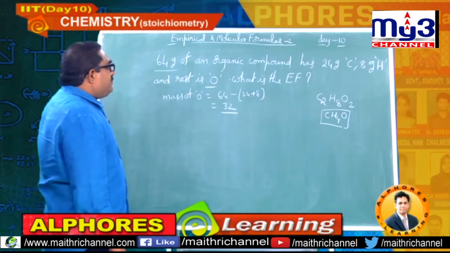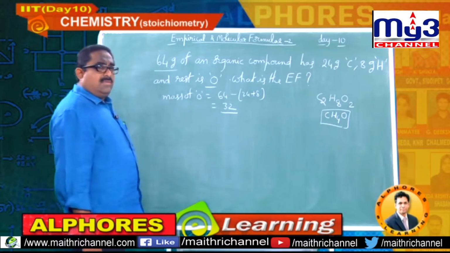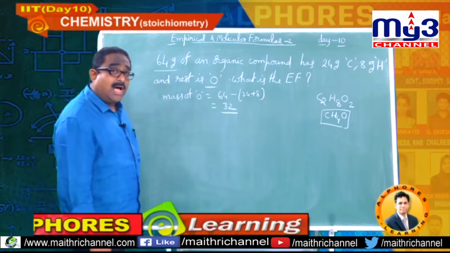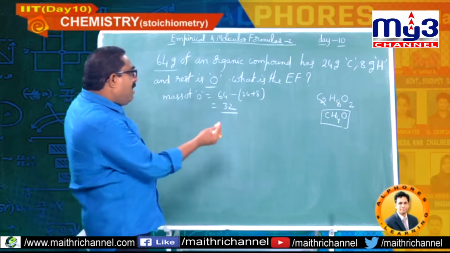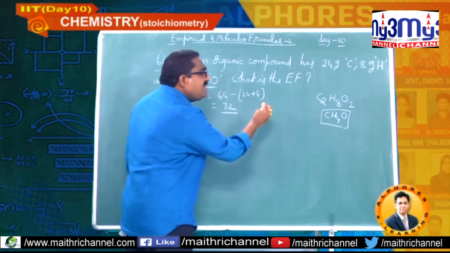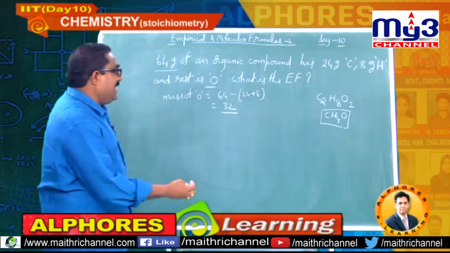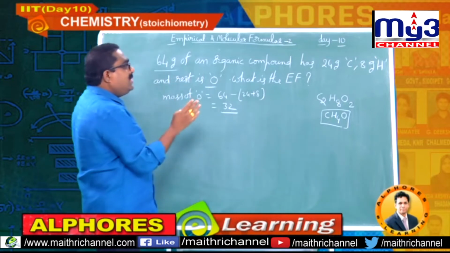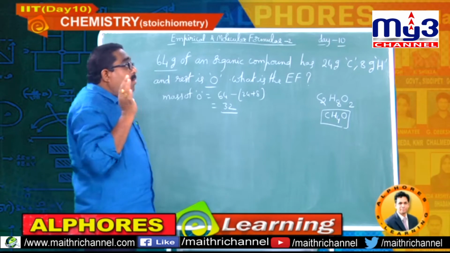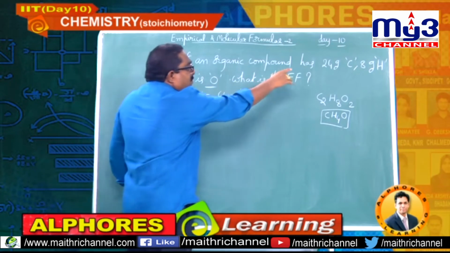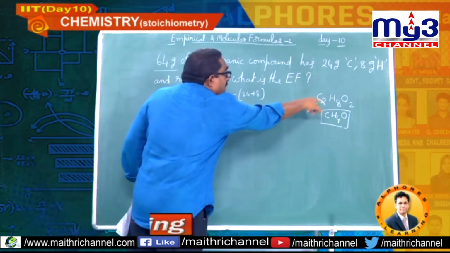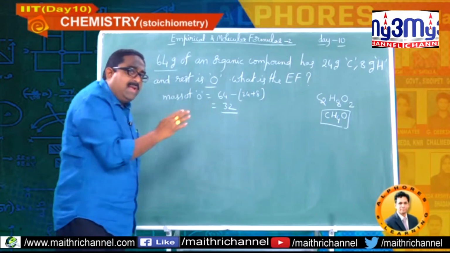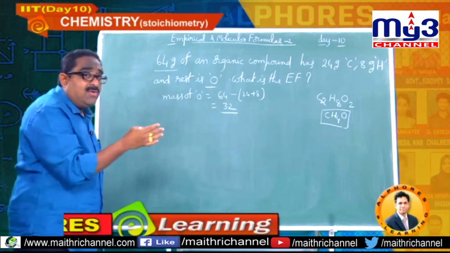The same question you can also solve by finding the mass percentages, but I have used a simple logic here, students, because the rest of the oxygen I got simply as 32. So immediately I got an idea: C2, H8 and O2, overall 64. So simply I am able to evaluate that.